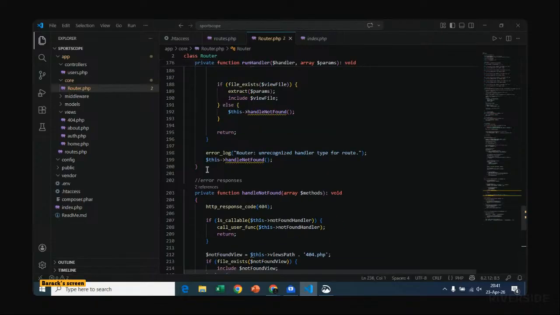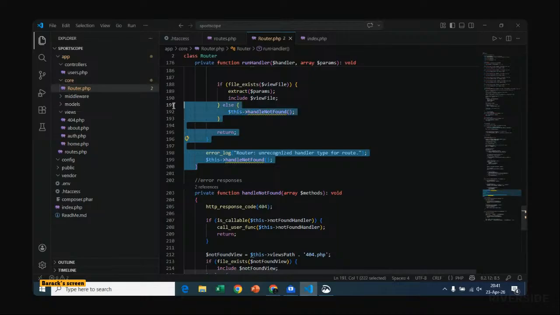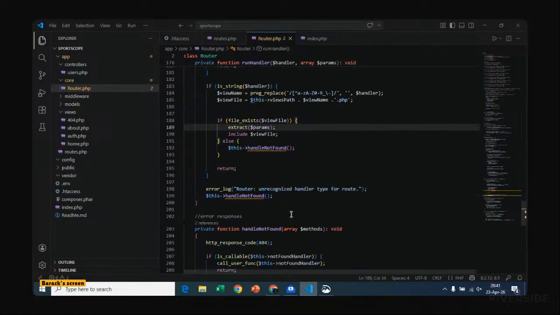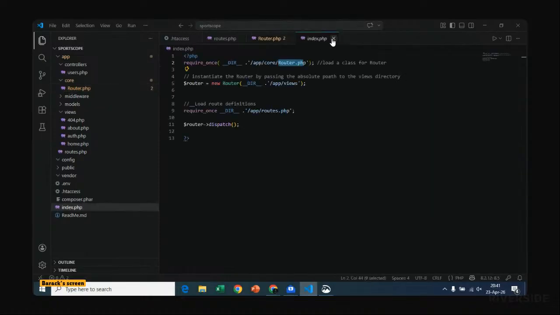Then we have warnings on handle not found. These warnings we can leave them for now. They're not errors actually.